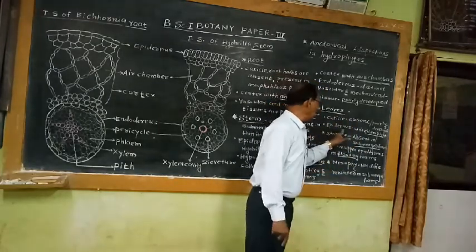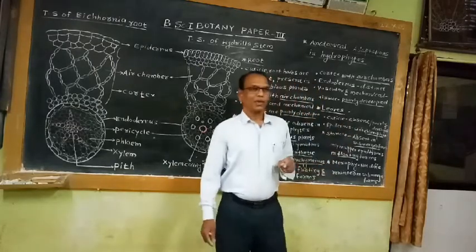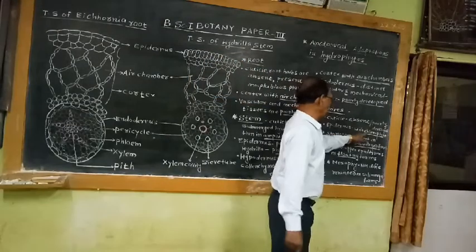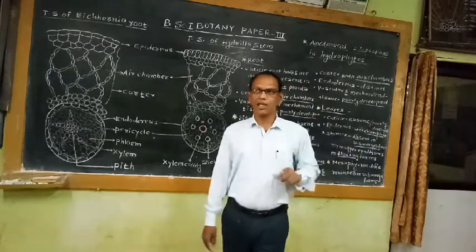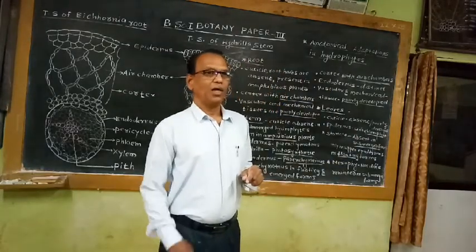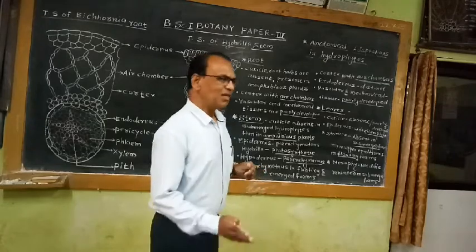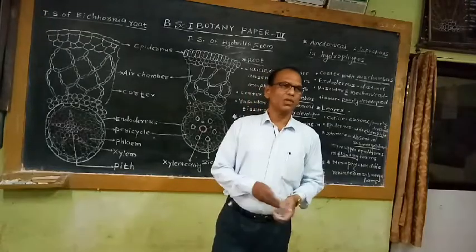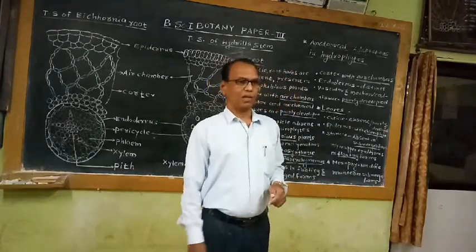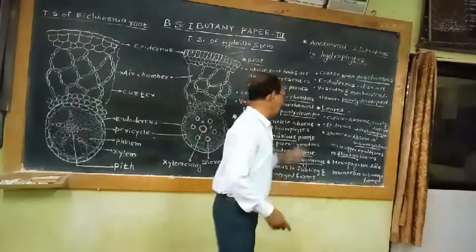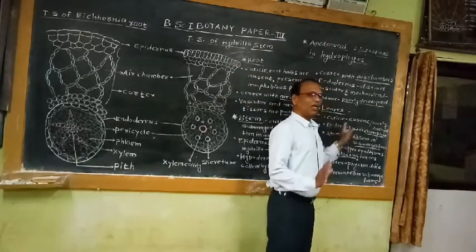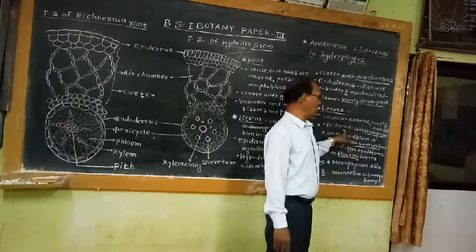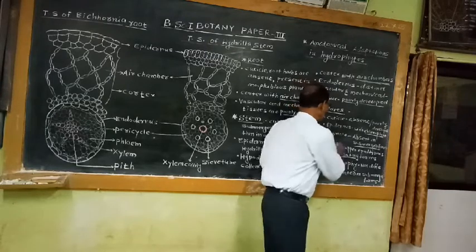Then if we see the epidermis layer, submerged hydrophytic plants possess chlorophyll pigments. If we observe the leaf epidermis in amphibious hydrophytic plants, the epidermis doesn't possess chloroplast. That means this is the variation about the epidermis. The epidermis is the outermost protective covering present on each and every organ in the form of a continuous layer. But this epidermis layer is not uniform. It is not similar in all leaves of hydrophytic plants. It shows variations.